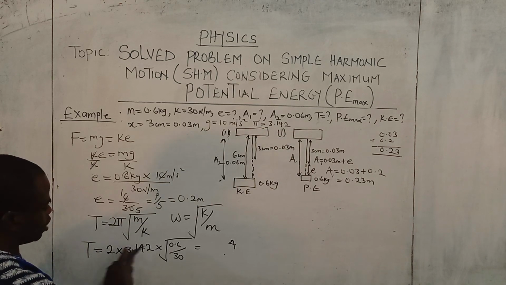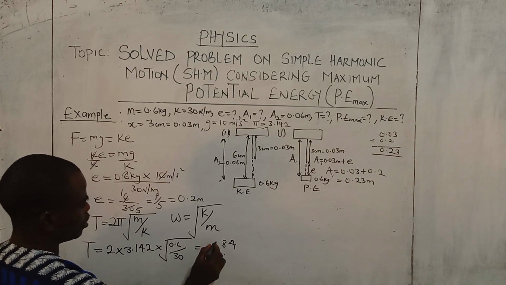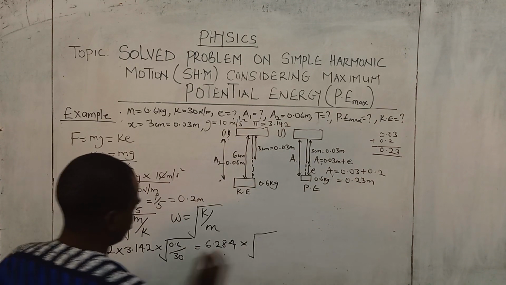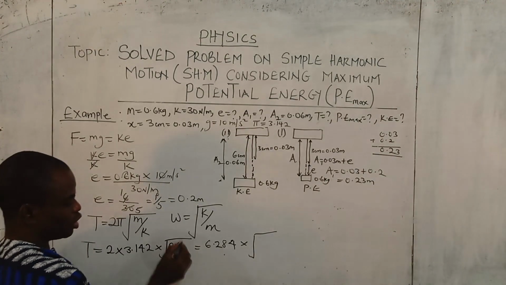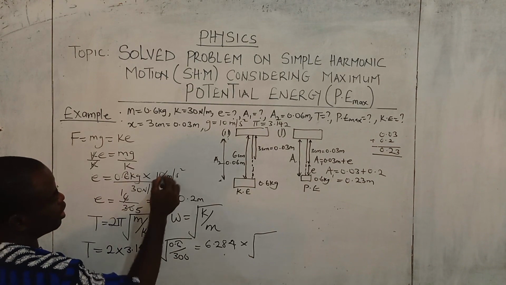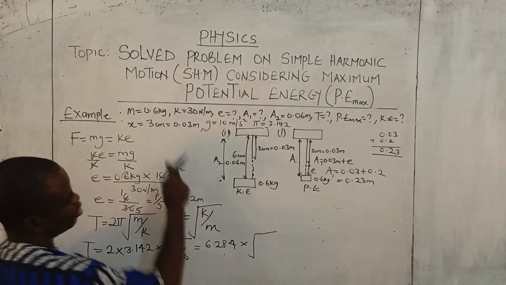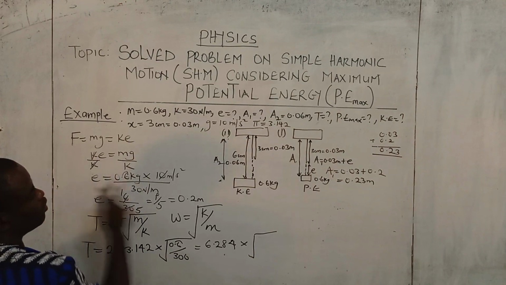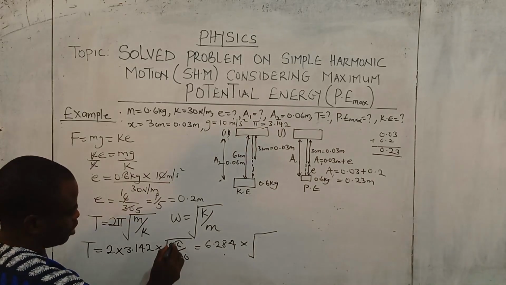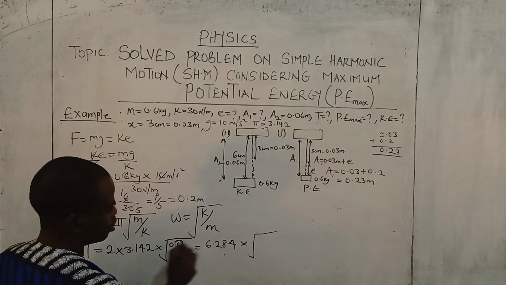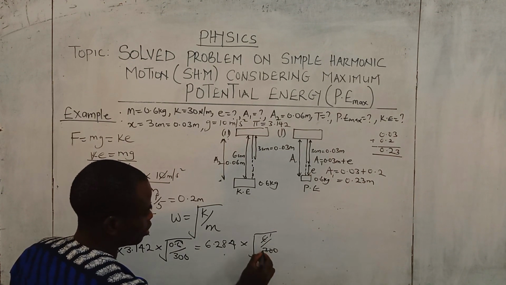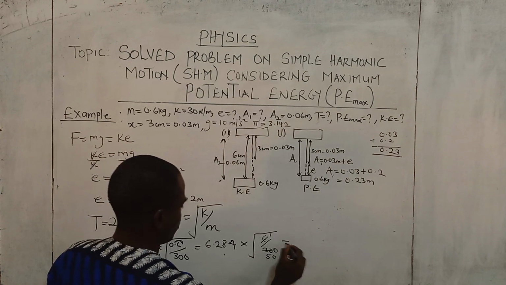Now we have 2 times 2, 4. Start multiplying from the back. 2 times 4, 8. 2 times 1, 2. 2 times 3, 6. When you are dealing with division and you are shifting, you are adding the 0. But when you are dealing with times and shifting, you'll be cancelling the 0. When shifting to the right, you cancel the 0, but when shifting to the left, you add the 0. That's the method of solving a problem without a calculator. Now shifting to the front, add the 0. This one turns to 6, that's 6 over 300. 6 in 6, 1, 6 in 30, 5, 0, which is